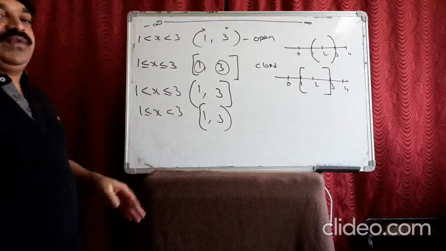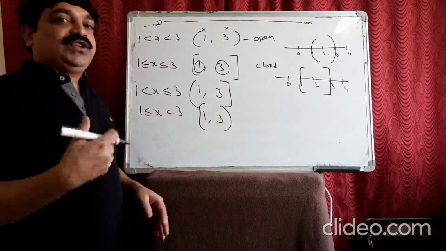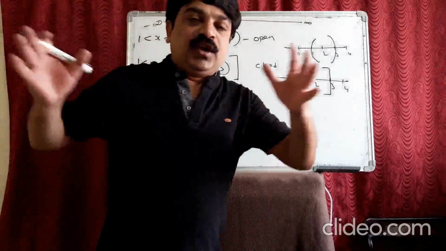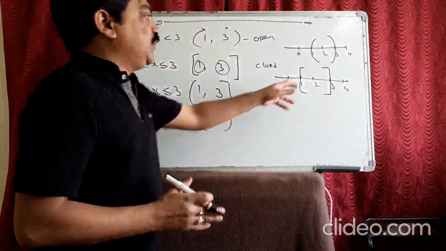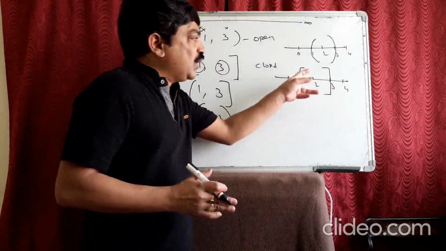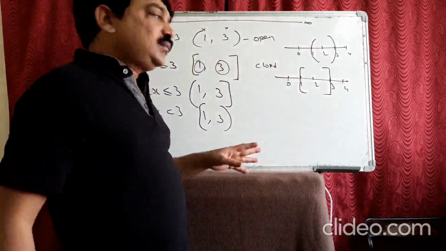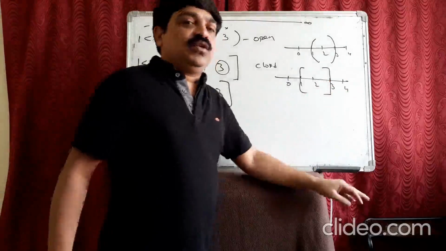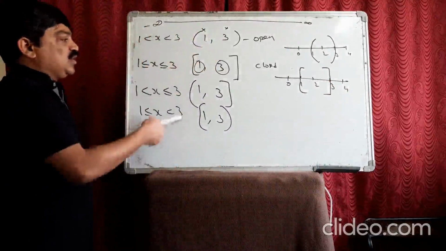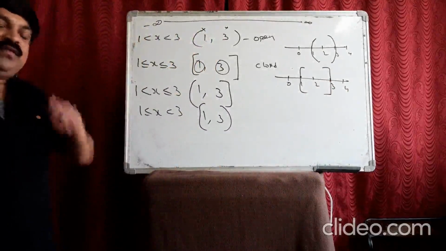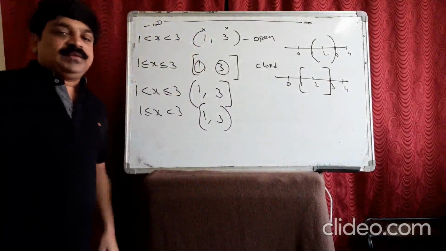All the numbers between. Don't think that we should take only integers. You should take all the numbers. All the numbers between 1 and 3 means 1.1, 1.2, 1.22, 1.222, everything, all the numbers that lie between this. Just go through this concept, guys, you will understand, and we will start the exercise. Okay?